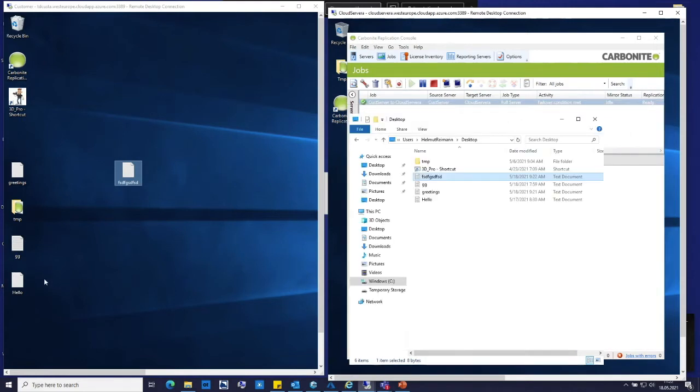With SQL Base, I'm pretty sure you want to ask later on what's going on with SQL Base. What we are doing is byte-level replication. That means if you open a file and you change only 1 byte inside the file, we do the same on the target side. That means we don't move the whole document to the target server. What we do is only replace this byte inside the file. This is the same for